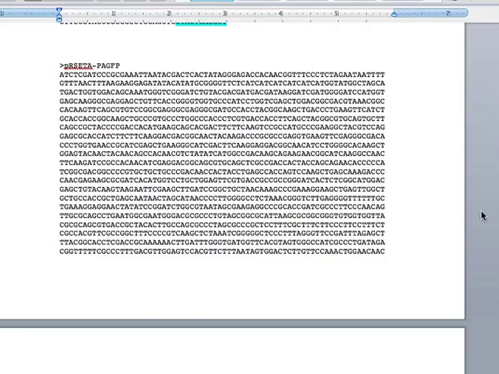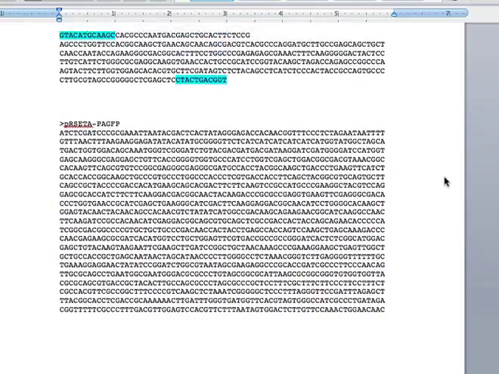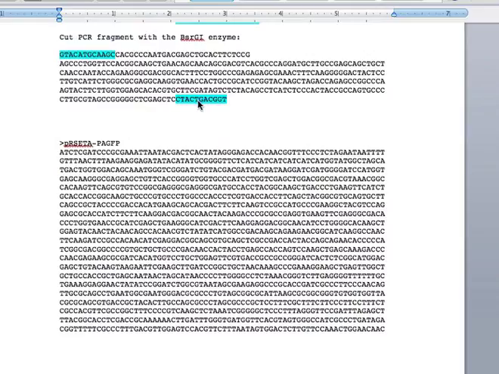Okay, I'm back. Here is the cloning vector, pRSET-pAGFP. So what do we need to do here? What do we have to do? Well, remember we want to clone this PCR fragment into the BsrGI site. The BsrGI site is TGTACA. So we have to find that in the pRSET